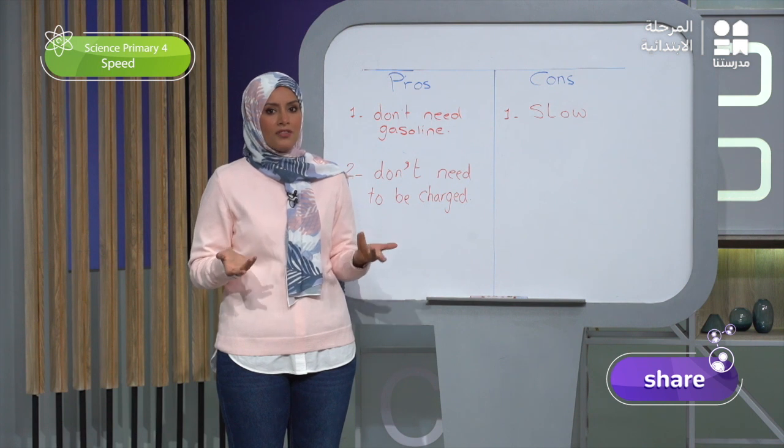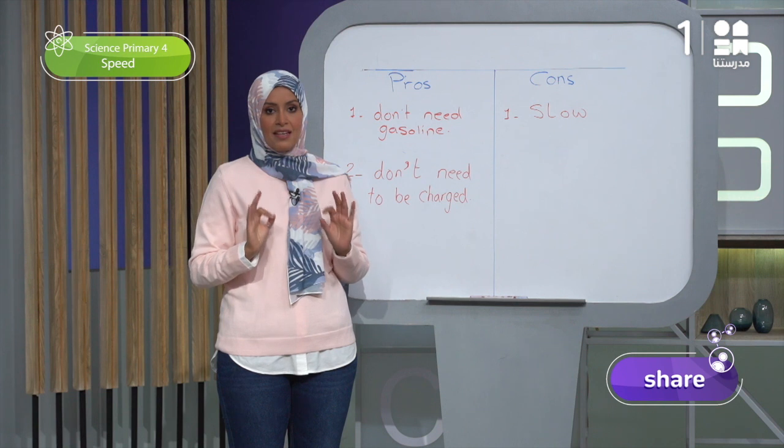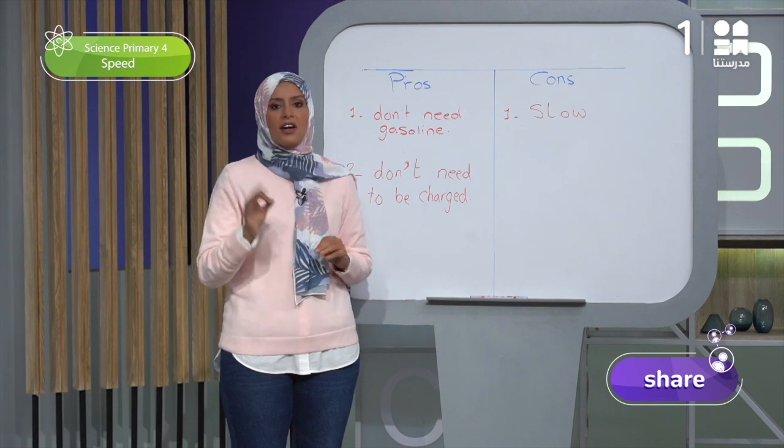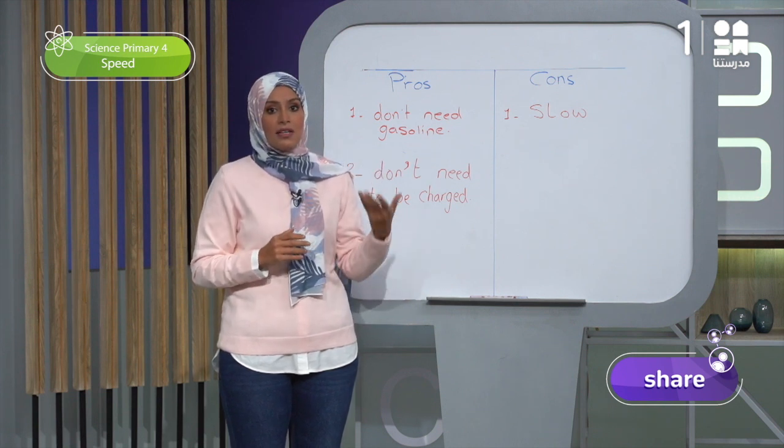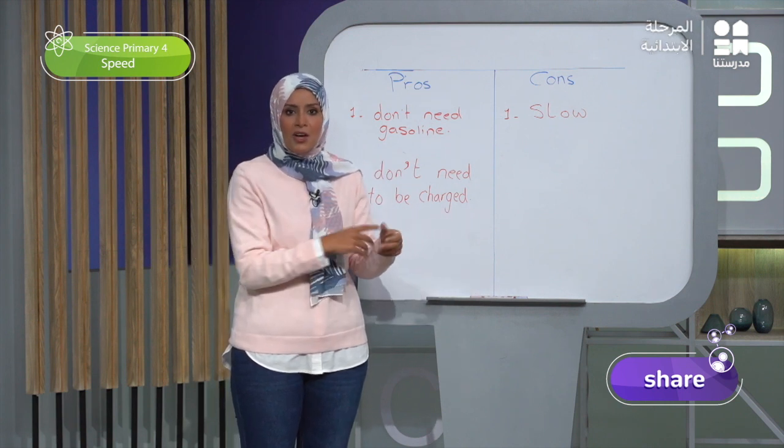What did you need to identify to help you measure the speed of the solar vehicle? Yes, that's right, distance and time. If we know the distance the vehicle travels and how long it takes to travel that distance, we can easily